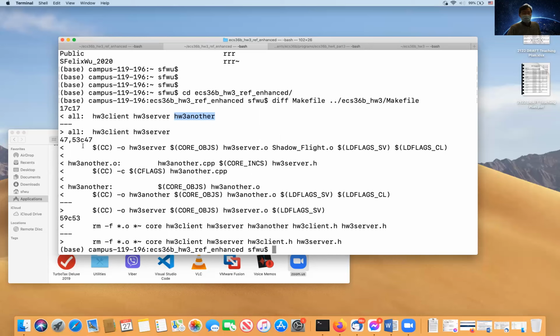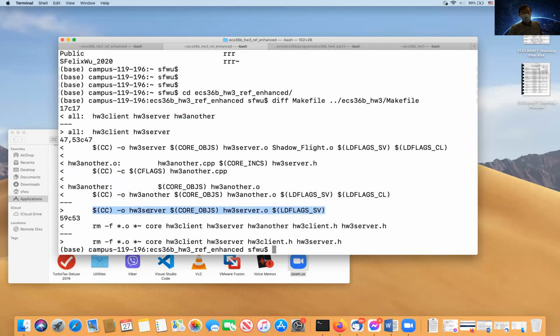And the second difference, the original one is here. So this part is all enhanced. The enhanced has this part because I added two rules for HW3 another. You can see that I added two rules. And for the original one, what I did, okay, that's an interesting change.